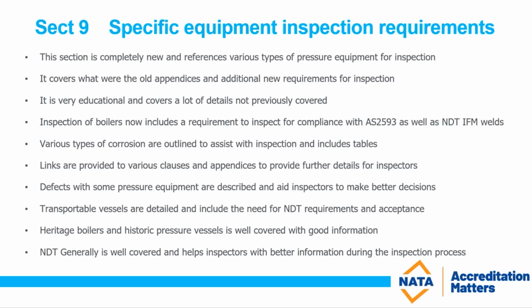It includes the boilers and a requirement to inspect for compliance with 2593, as we mentioned earlier, as well as NDT of internally fired multi-tubular boiler welds, which was never covered before, and that is new. Various types of corrosion are outlined in this section, and that will assist the inspector. It includes tables as well, so the inspector has a good reference to help them with the